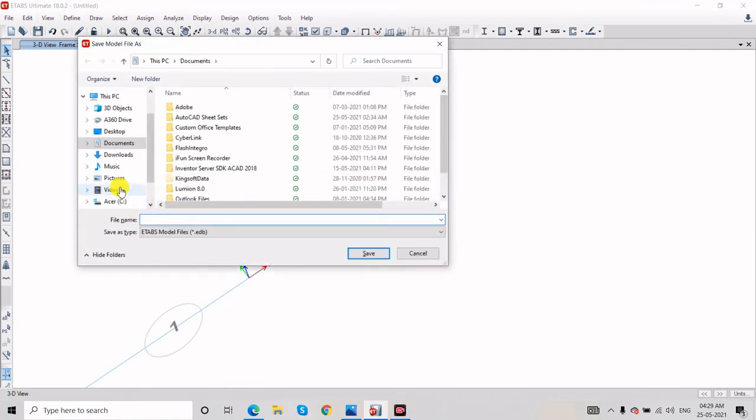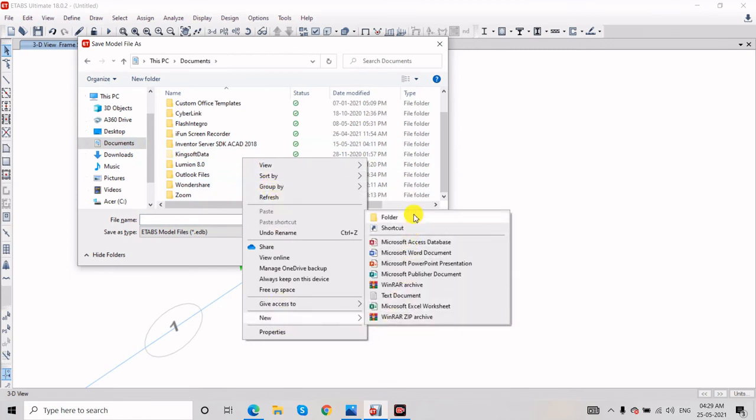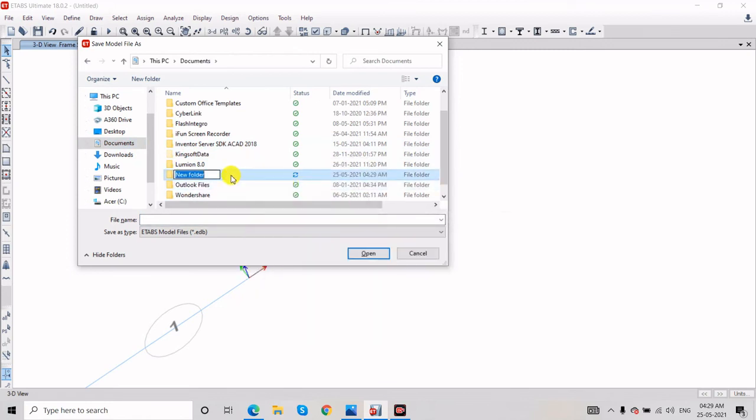Save this file where you want. In the desktop I will save a new file, sample beam analyze. In this folder I will save.